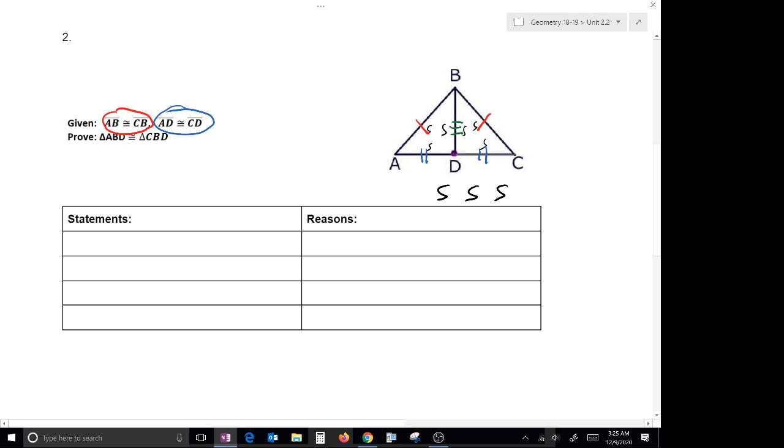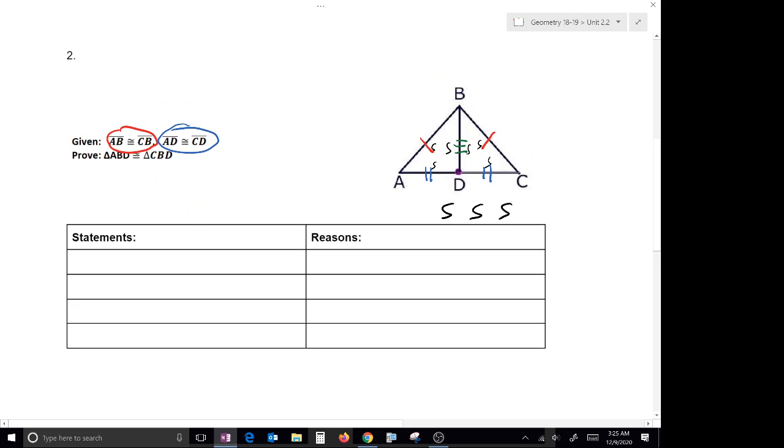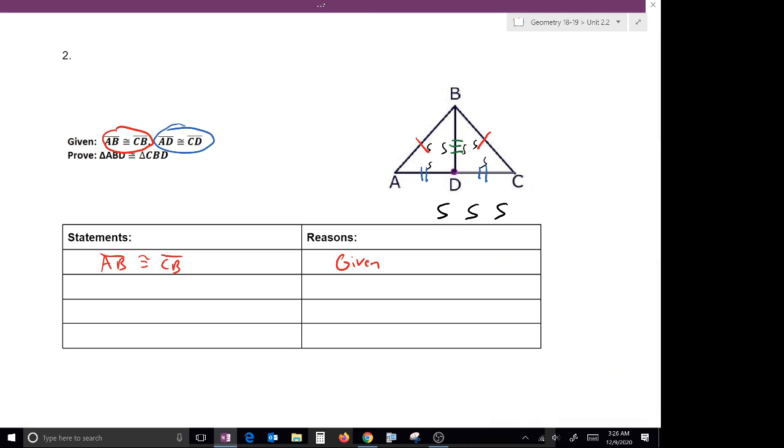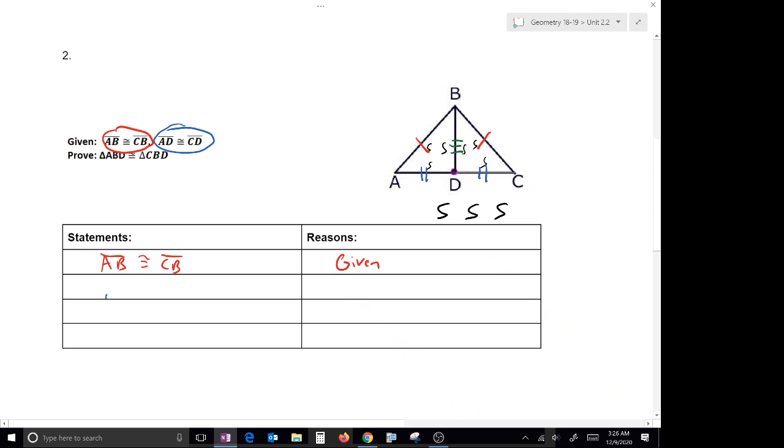All right. Now in our proof, all we're going to be really doing is just organizing where we figured out all those sides from. So the first side, AB, congruent to CB. Well, that was given to us. Our second side, AD, congruent to CD. That was also given to us. And the third pair of sides, we have BD congruent to BD,